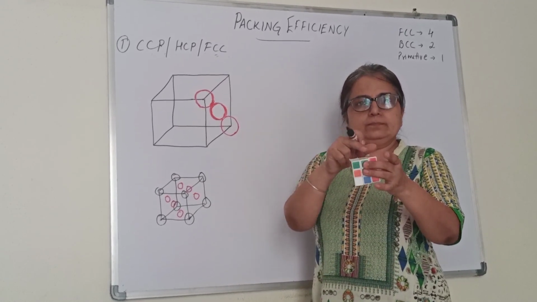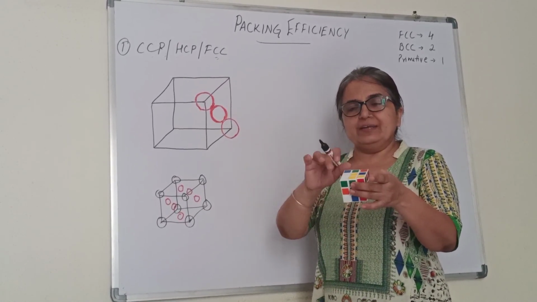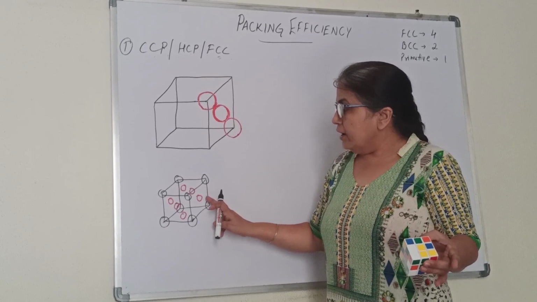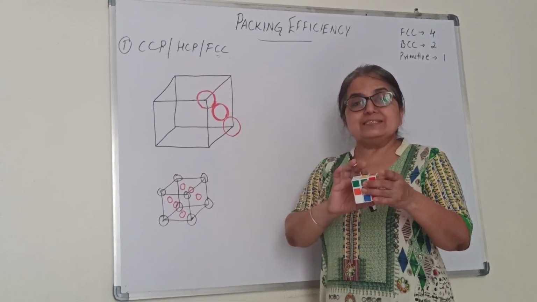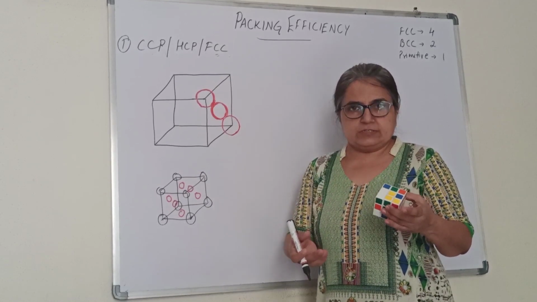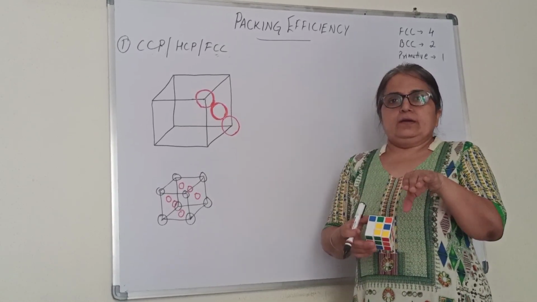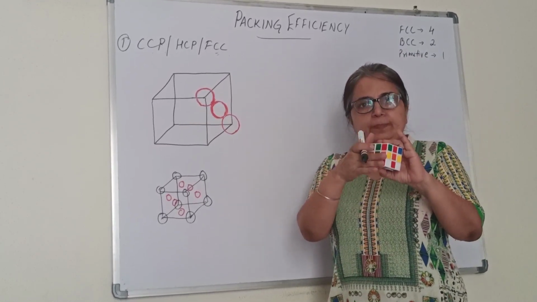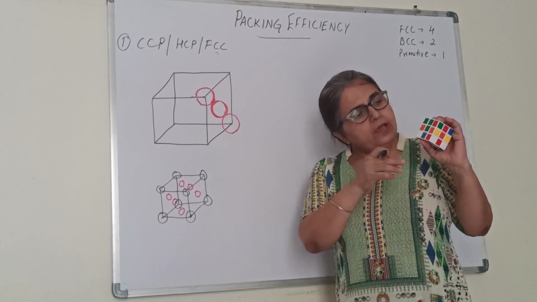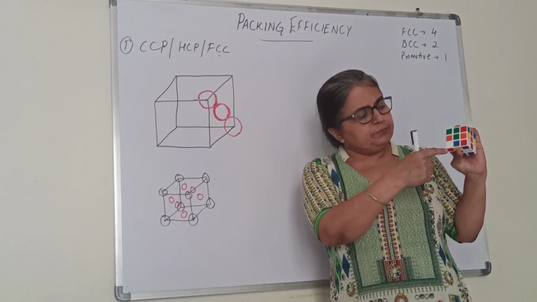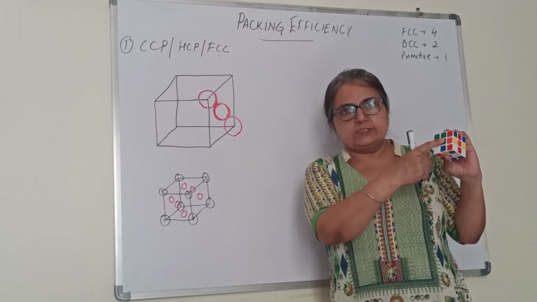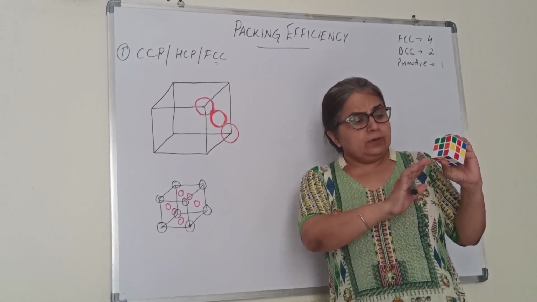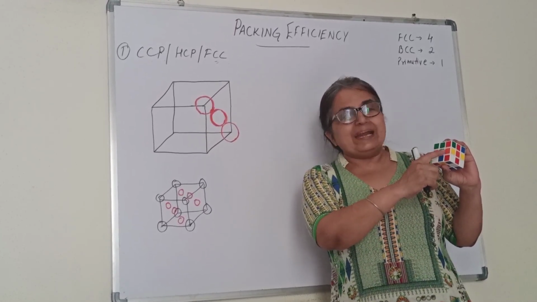All corners, 8 corners. So 8 particles are there at the corners. I have represented them here with black color. And all centers of the faces. There are 6 faces, 6 centers of the faces. Now to check the packing efficiency, we have isolated one face, because in one face you are able to see 4 corners and one center of the face. But these 2 corners with respect to each other are not touching each other. There is one center also present.